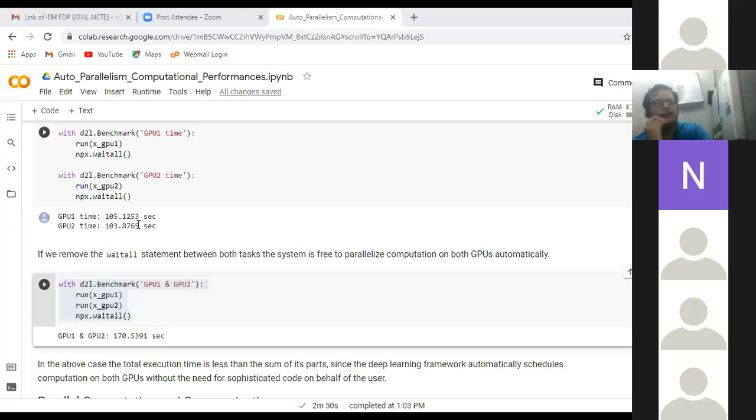Okay. So yes, you can see from my screen that whenever we are running GPU1 and GPU2 together, it is giving you 170.5391 seconds. Now this is much less than the time it takes for GPU1 and GPU2 run separately. Sometimes it may come closer also. It depends on the system performance, but it is expected that when running them all together, GPU1 and GPU2, it will take less time in comparison to that, because the more you remove the dependency on